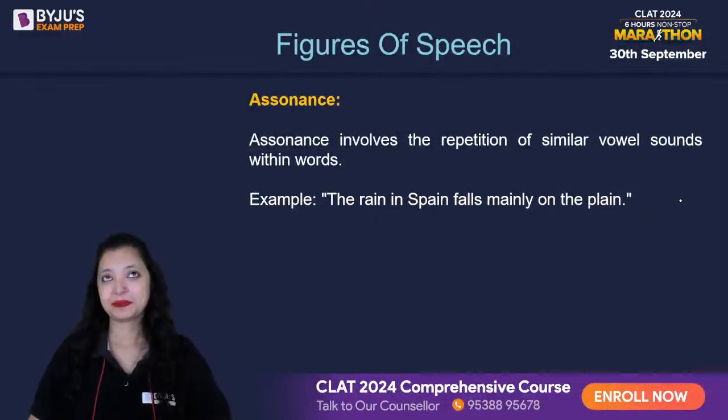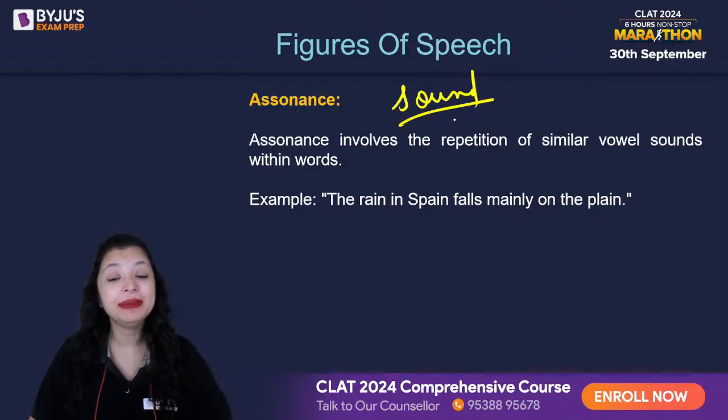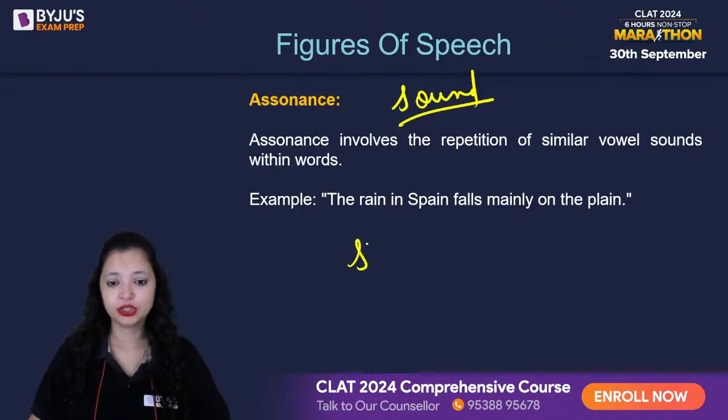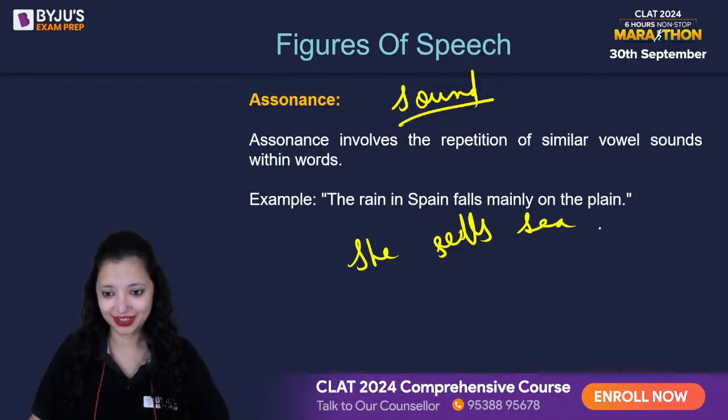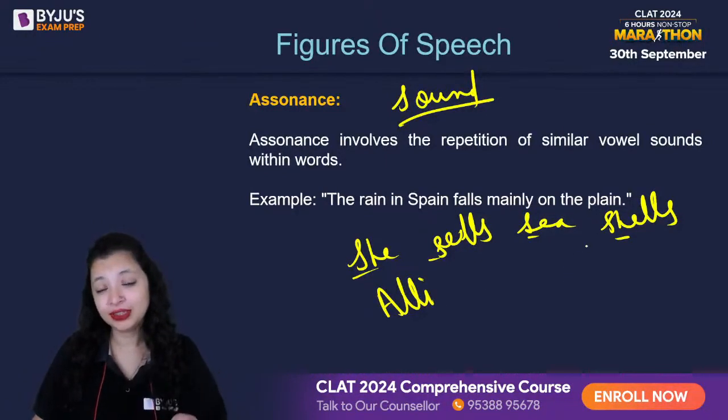Assonance. ये एक फिगर ऑफ स्पीच है जो साउंड की बात करता है, जैसे alliteration, rhyming scheme. ये दोनों फिगर ऑफ स्पीच भी साउंड की बात करते हैं. Alliteration में क्या होता है? इनिशियल लेटर रिपीट होता है, लाइक शी सेल्स सी शेल्स, तो ये एस एस एस इनिशियल साउंड रिपीट हो रहा है, ये हो गया एलिटरेशन, ठीक है। देन वी हैव राइमिंग स्कीम, विल यू ईट दिस,